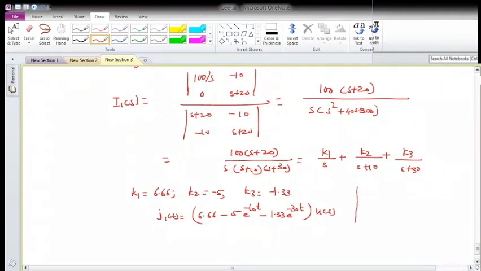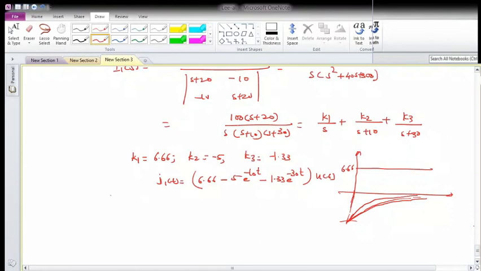And if I would like to plot it, how will it be? It will be 6.66 like this, one term. Second, it will be again negative, -5 e^(-10t), and something e^(-30t). If you add, the resultant will be